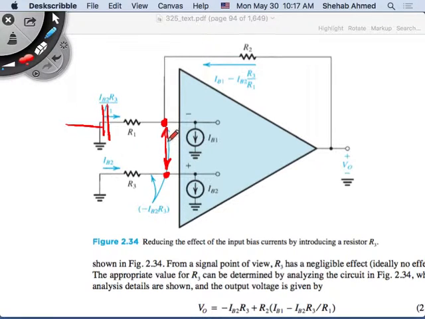And then, since I have no current here, I don't care about what's happening to this device. Remember the Kirchhoff current law at this node? I don't care anymore about this because the current flowing through here is now IB1, right? But what is the output voltage? The output voltage is still this voltage plus this voltage drop plus this voltage because that's the voltage here,